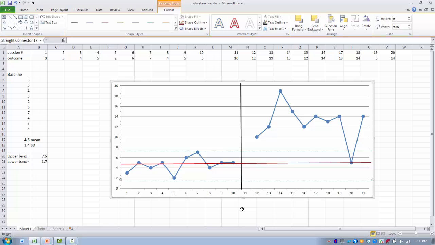We learned how to test the null hypothesis using the binomial test. And then we learned the two standard deviation band method. This was another visual tool that we can use to determine if data points in the treatment phase appear to be significantly different from the data points in the